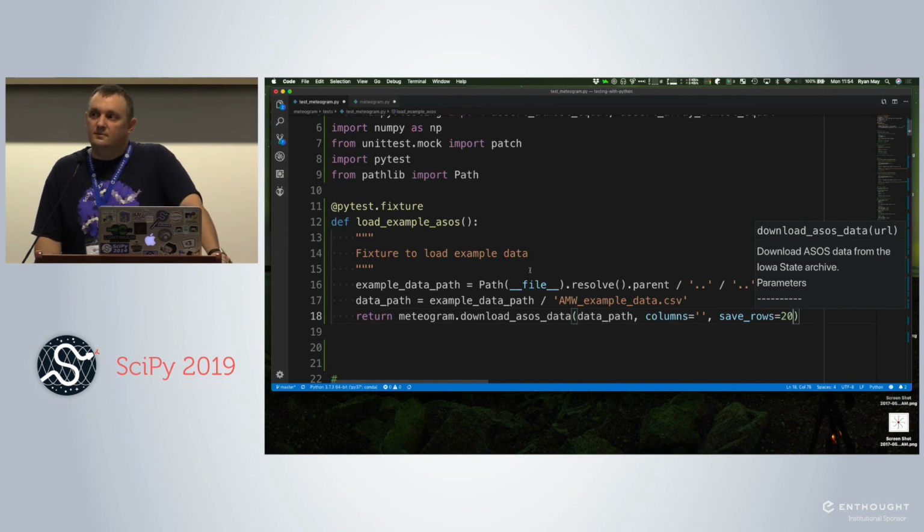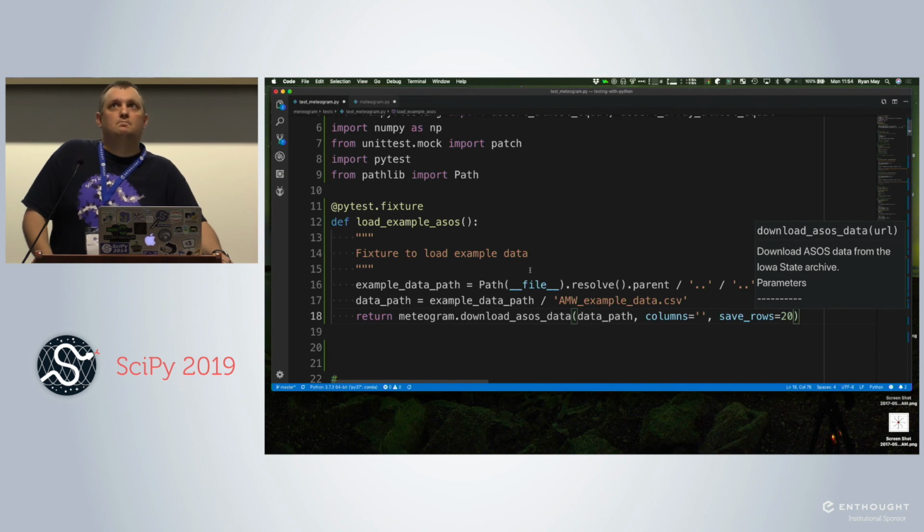test stuff. Could you just mock this function instead of fixture? Could you mock instead of fixture when retrieving? Yes, you could. You could absolutely. That's now just software engineering solutions and trade-offs.